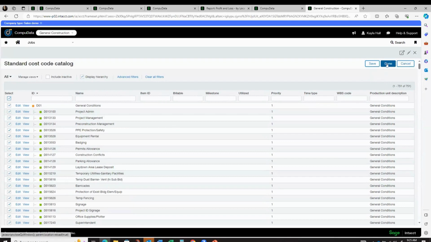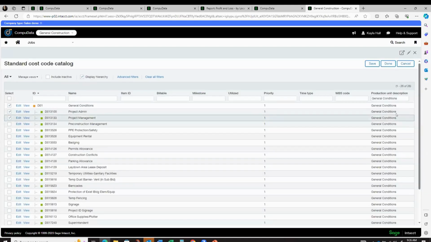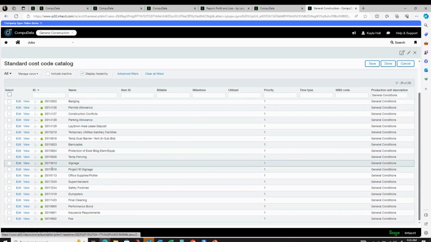Another option, when you bring in your project estimate, is that with one import, you can set up your project work breakdown structure. So you can set up your project, your cost codes, and your cost types, all within one import at the same time that you're importing your estimate. If you need to pick and choose between certain ones, we can use the filters, either the production unit or the description here. For example, if I wanted to say I just want to add general conditions at this point, then there's 27 there that I can add with a quick click of a button. But what's nice about these catalogs is it actually includes the appropriate